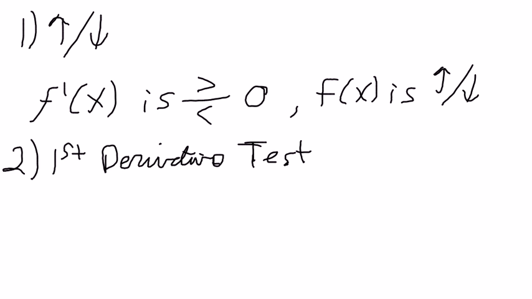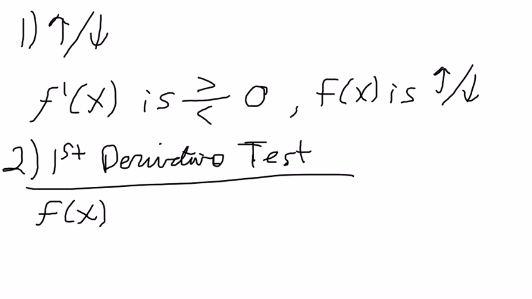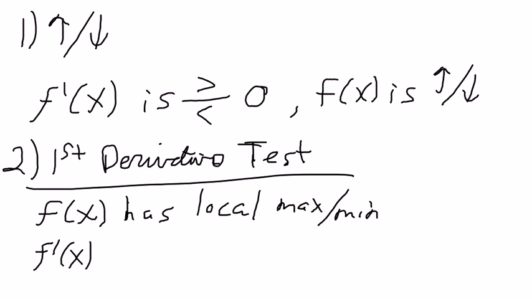Sorry about the writing there, I'm just trying to be quick. Alright, so if you have a continuous function f(x), and there is a local minimum or maximum, we'll say max, min. So if you have a critical point c, and f'(x) does not exist at x equal to c, then